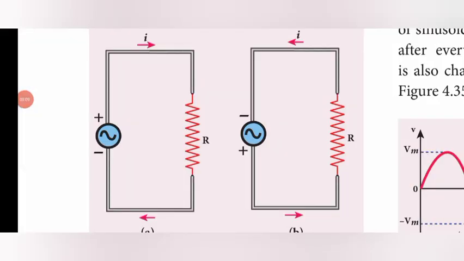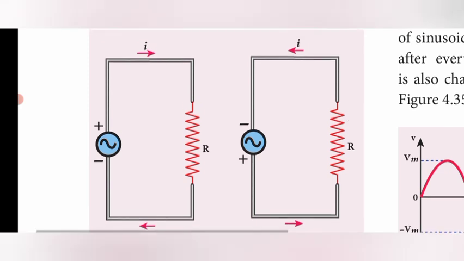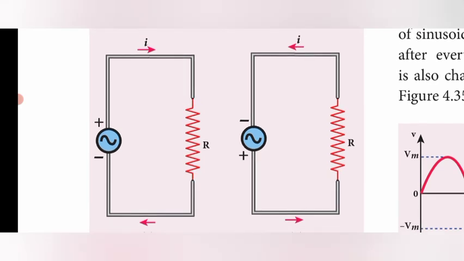Let us consider this diagram. An alternating voltage source is connected to the resistance. Here the upper terminal is considered positive and the lower terminal is considered negative. It shows the current passing in the clockwise direction. In picture B, we reverse the polarity of the voltage, so the upper terminal is connected to the negative and the lower terminal to the positive. What happened? The reverse current is produced, in an anti-clockwise direction. This is the circuit diagram of producing the current. Because of voltage, it is able to produce the current value.